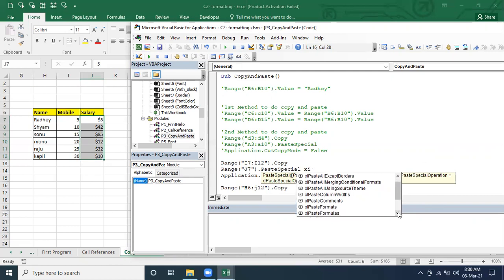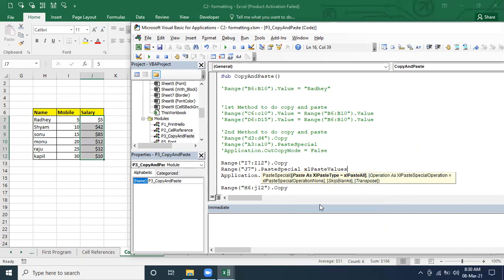So why are you not going for paste all? Because we don't want to keep just the number formatting. We want to keep the currency and the number formatting, otherwise the formatting and everything is going to be overwritten. So we don't want formatting, we want only the value. So from where are you going to pick? Here you have it at the bottom. It's going to paste only the value, but while pasting, the next argument is visible. When you put the comma, it's going to give the next argument options. Add operation is there, yes, exactly.